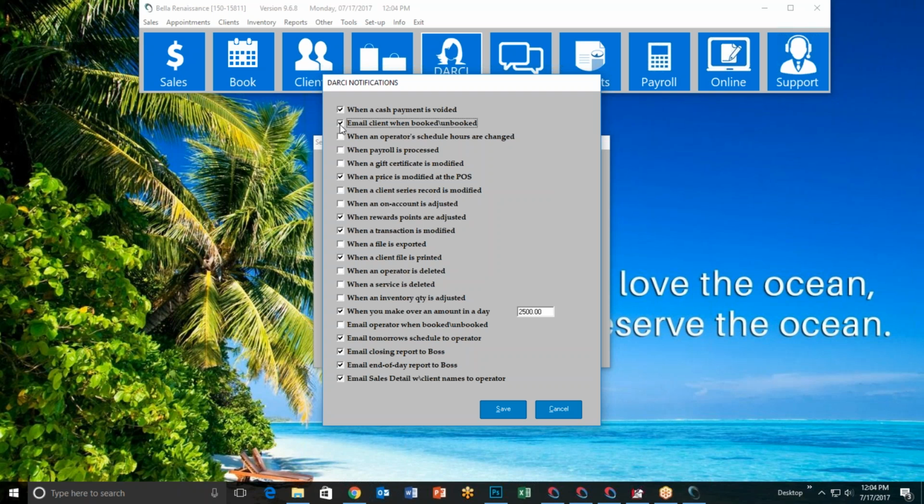Now, a lot of customers don't use this. You certainly don't have to. Some are checked, some aren't. It's entirely up to you. But I do want to give you one quick little warning about this. If this is checked, I highly recommend that you tell, especially new staff, that if they're going to practice booking, unbooking, or rescheduling appointments, because you just taught them how, to practice on themselves or on a miscellaneous customer that you've created. The reason I say that is because we actually had one customer contact us that said,